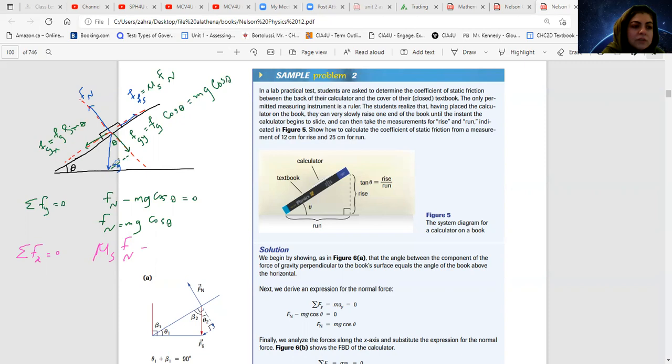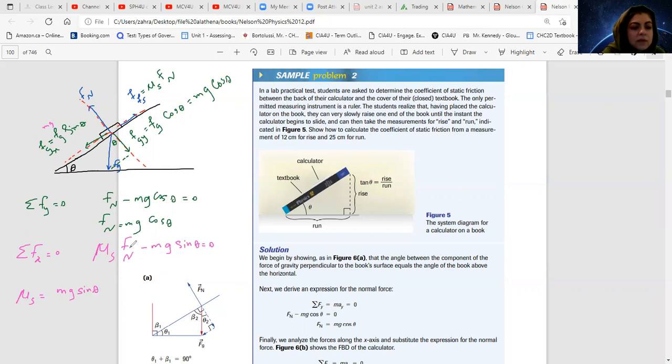Instead of F of g, I put mg sine theta. So mu s F of n minus mg sine theta equals 0. I can rearrange for mu s. So mu s equals mg sine theta, which goes to the other side and becomes positive,